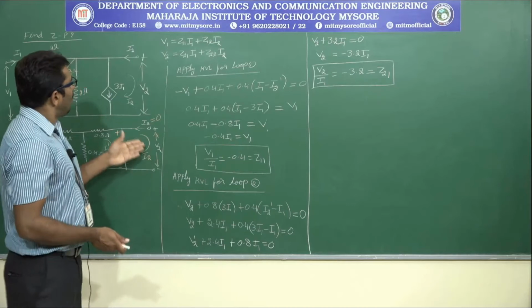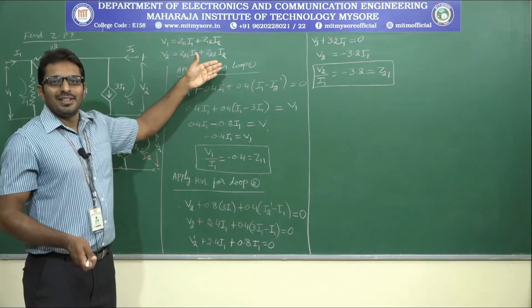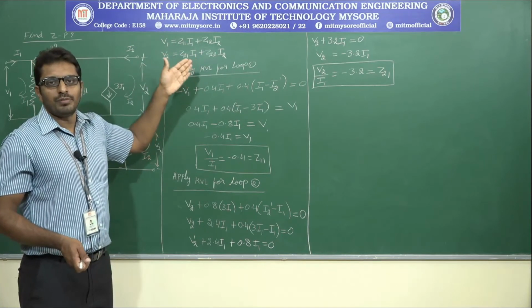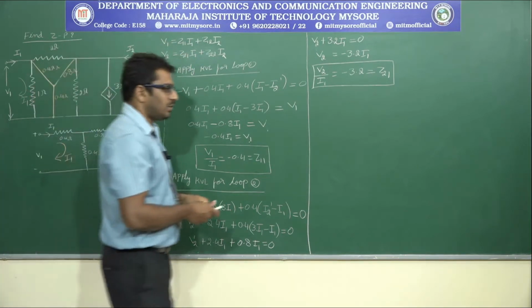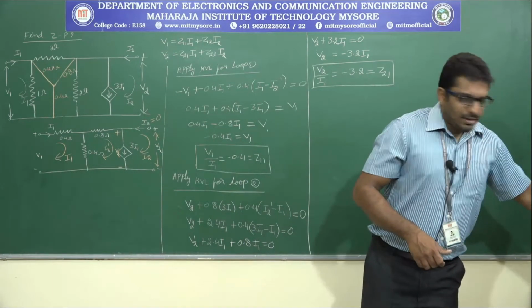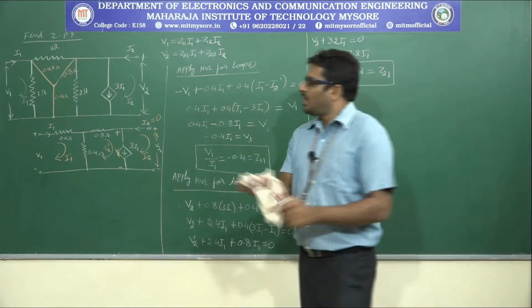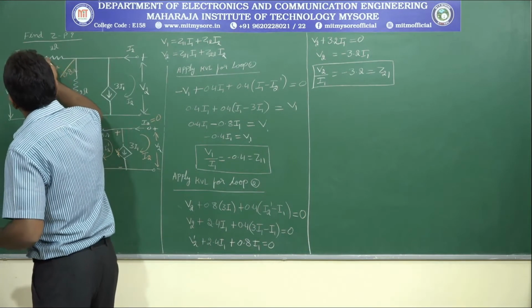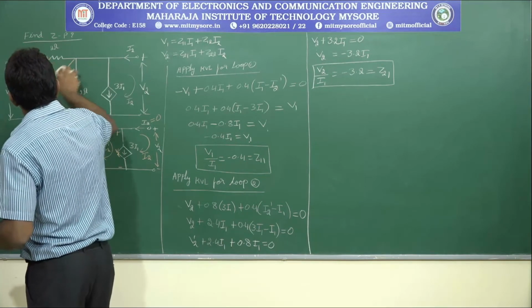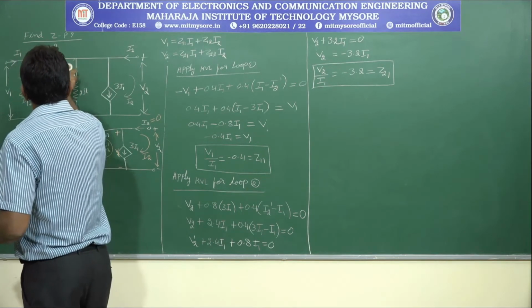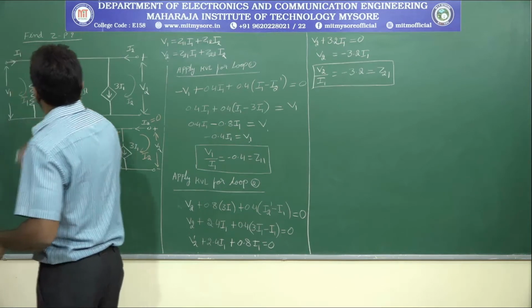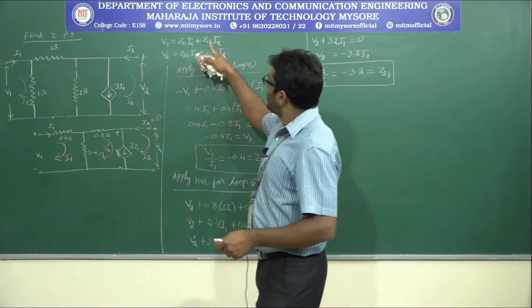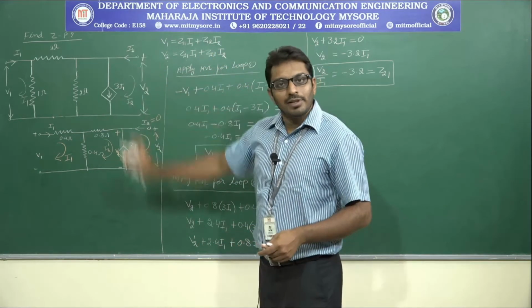Now, in order to obtain these two parameters, what must be the condition? The input port must be open circuited. So let me change the same equation. I am not going to simplify this circuit. It depends on the condition which circuit is simple in order to obtain a parameter. In order to obtain Z12 and Z22, we can consider the given circuit itself.